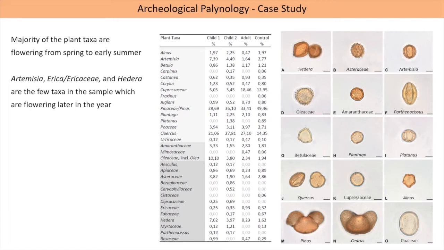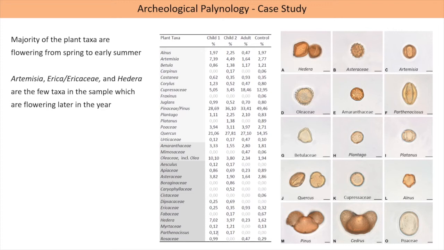But due to its long flowering period starting in July, Artemisia is not an indicator for a late volcanic eruption. The Ericaceae pollen, which is not displayed here, was found in all samples but in very low numbers. So this is listed here in this line. So less than 1%, and based on its flowering period in March to November, this insect-pollinated taxon is not relevant in this connection. The only taxon of interest in connection with the time of the eruption is the insect-pollinated plant